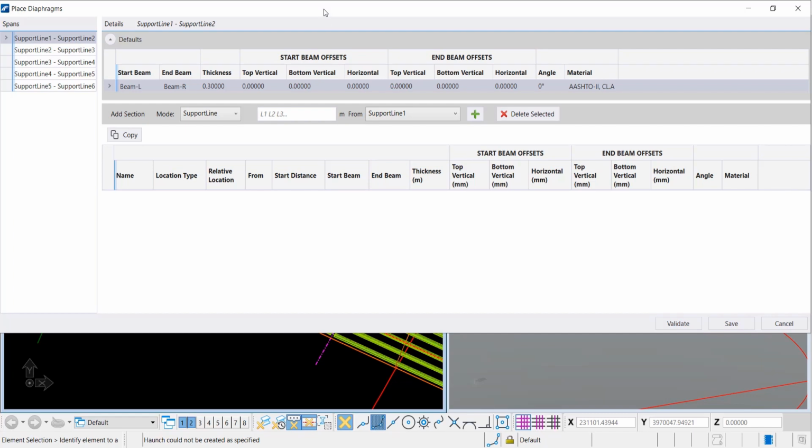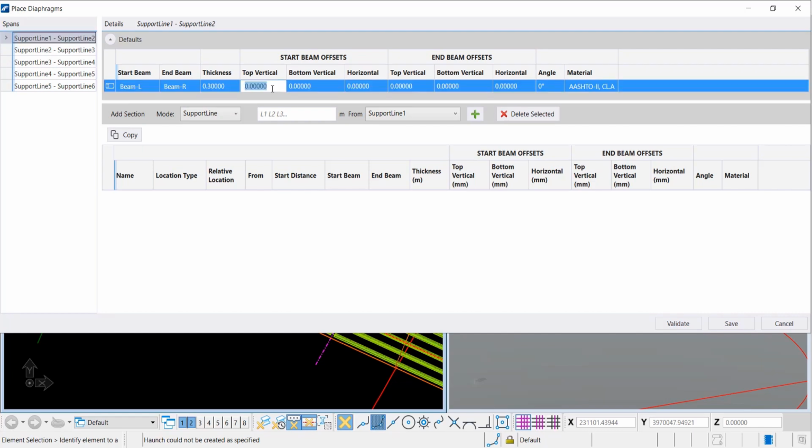And then for the first span, we have to give input for what is the offset of the diaphragm from top and from bottom, and whether there is any skew angle or not. So you can see that we are putting the dimension from vertical, we are keeping a 500 millimeter offset, right, and on top we are also keeping a 500 millimeter offset.